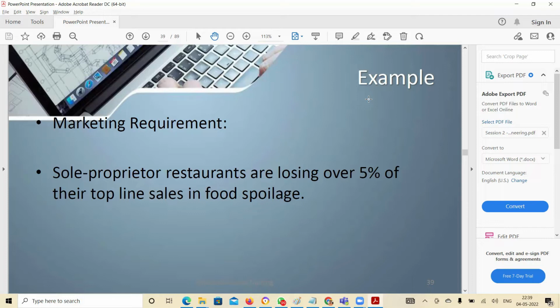You are the owner, so you have all the information, right? How will you translate this business statement into a statement which your technical team or software development team can take and start working on?